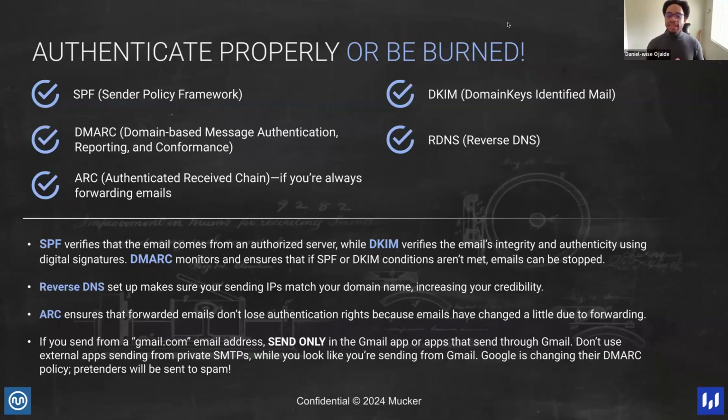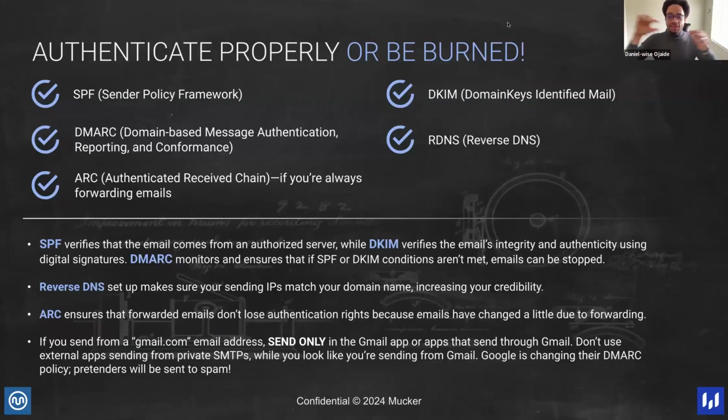What DKIM does is, once you set up a DKIM record, you're literally publishing a key. We call it a public key. What would then happen is that every email you send out will be signed with an encrypted private key. And so when your emails try to go to your recipient and go through the recipient server, the recipient will retrieve the public key that you have published and try to make a match. They will say, does the public key that has been published from this domain match the private key that is attached to the email that claims to be coming from this domain? If they do the matching and it works, then you've passed DKIM